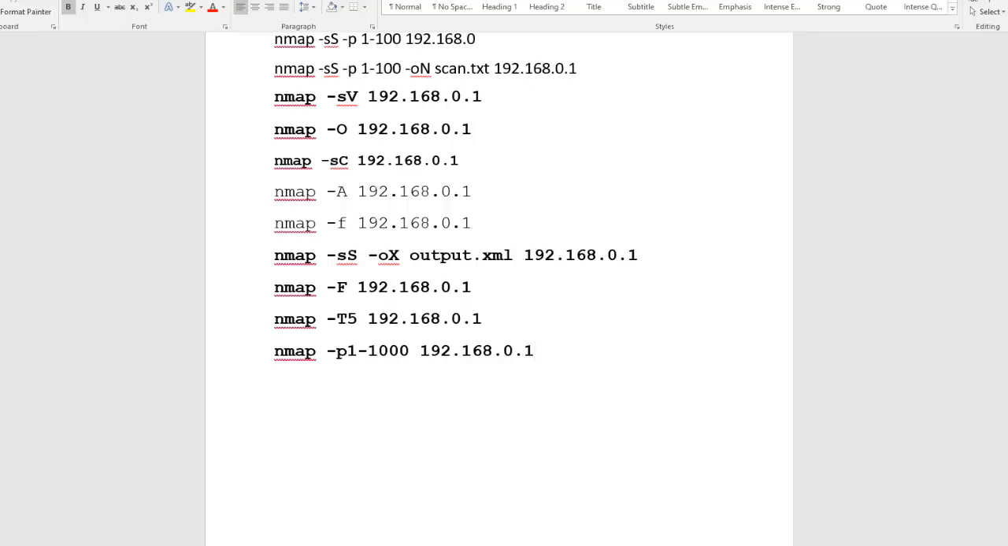P is for ports, and I think they made a mistake here because you need to have a space like that. There you go. So it's specifying the ports, from the number 1 to 1000, and the target. Okay, so